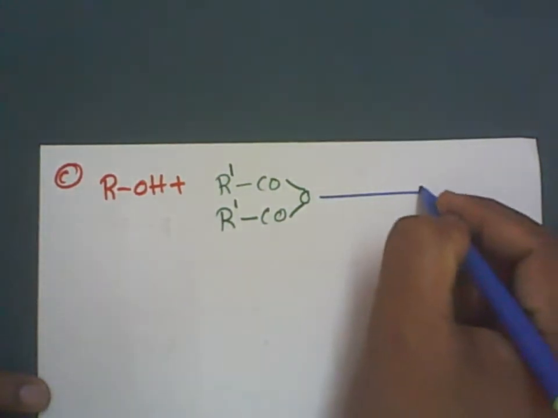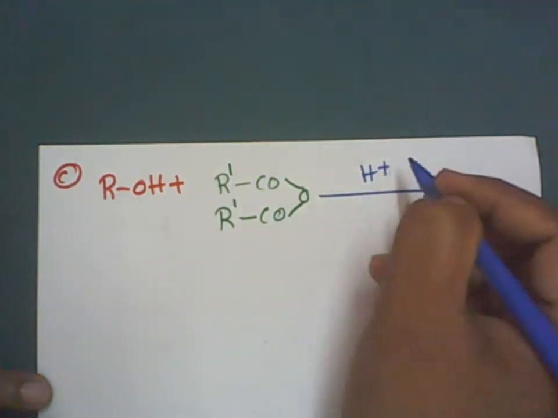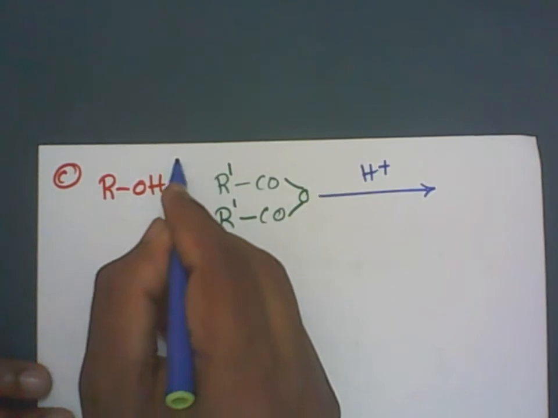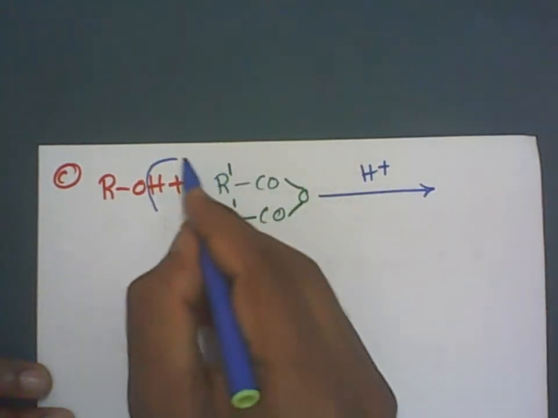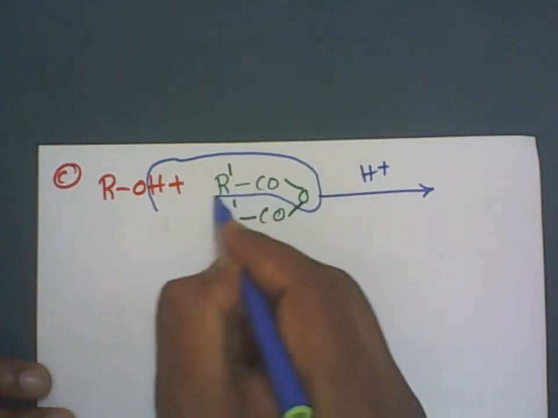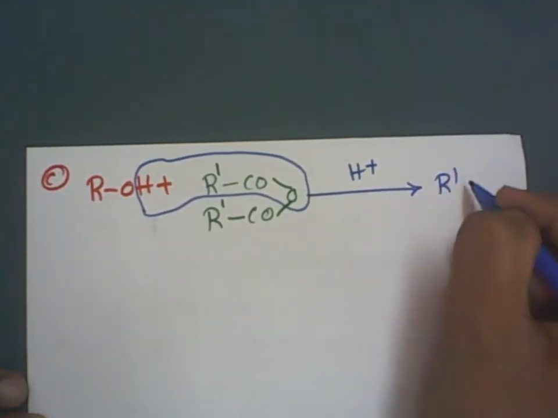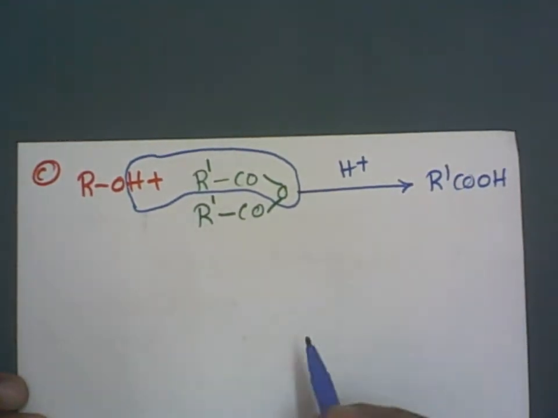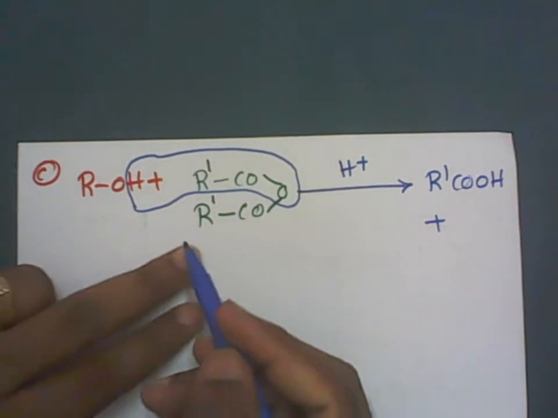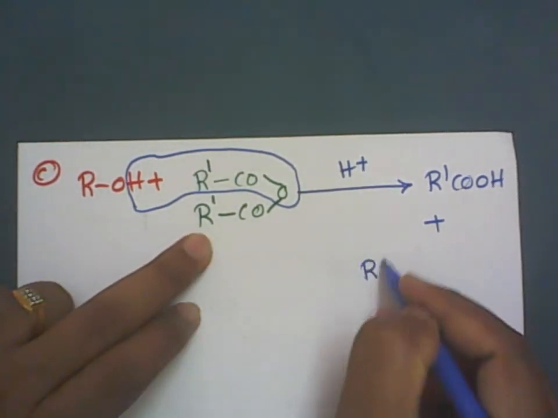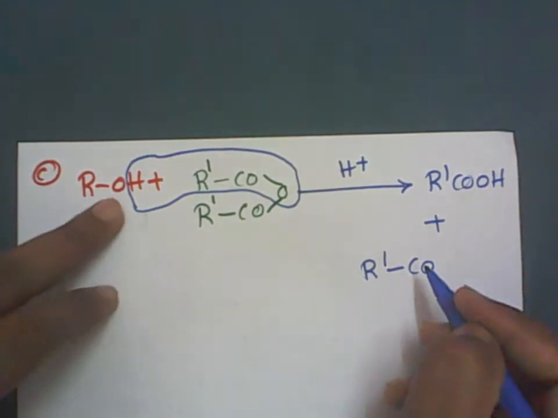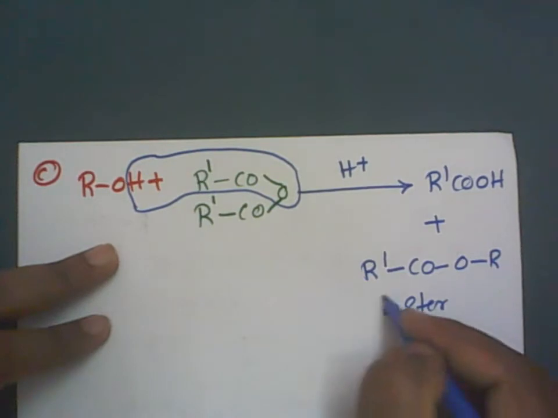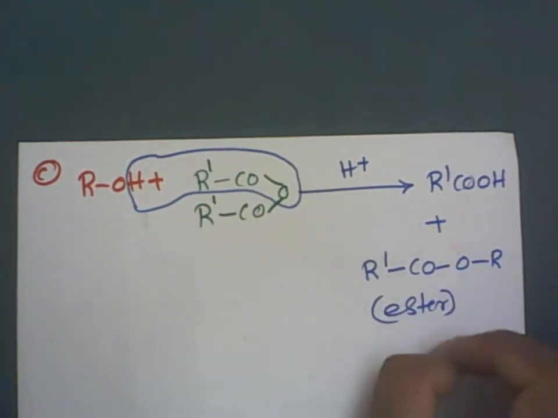So what will happen now? In this case we require the acid medium, concentrated sulfuric acid. Remove hydrogen from the alcohol part. Now, we can form one carboxylic acid. So this is the R dash COOH, one carboxylic acid we get. Side product is carboxylic acid, plus the other one. I'll start writing the R dash first, then CO, then attached to the oxygen, then R. This is known as the ester. Therefore these reactions are called the esterification reactions.